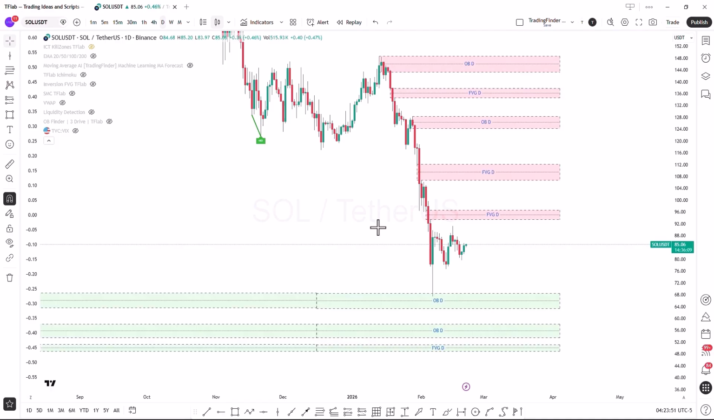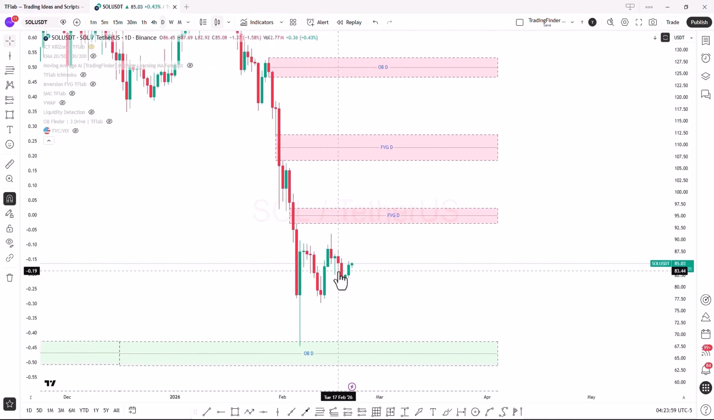Hello and good day. Let's analyze the daily chart of Solana on February 21st. Yesterday we saw a bullish move where a morning star pattern formed, and it is predicted that today the price